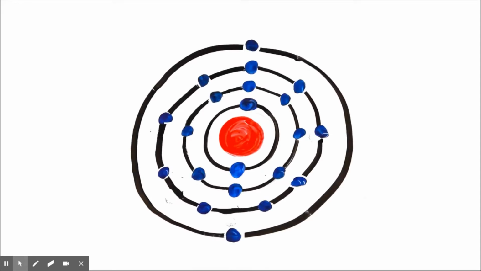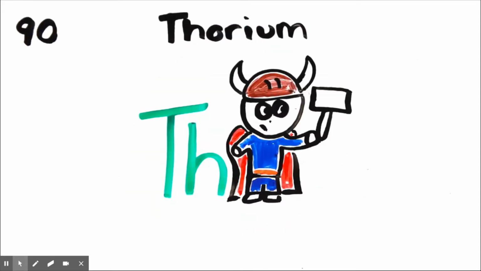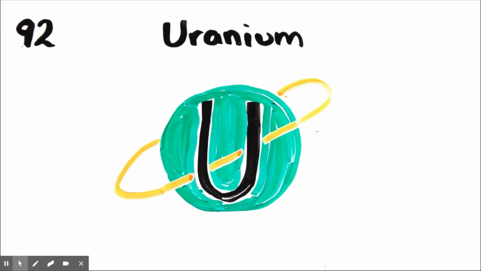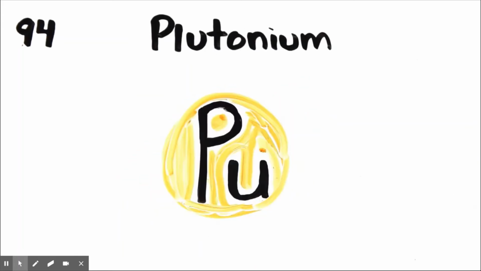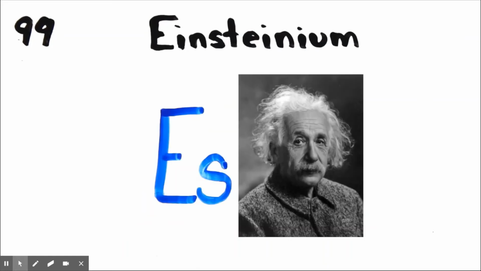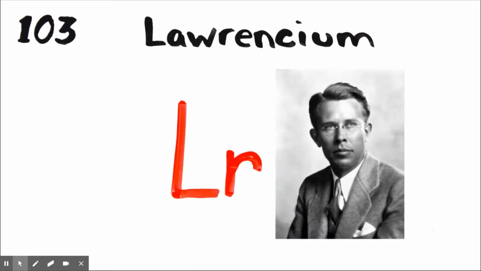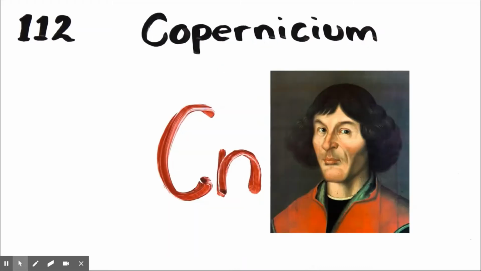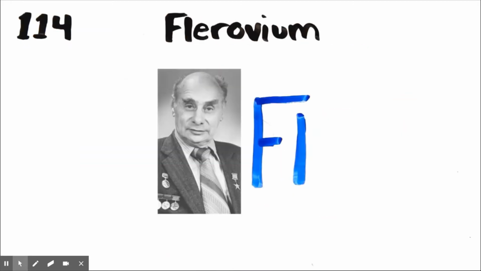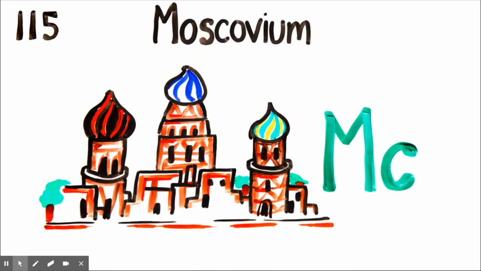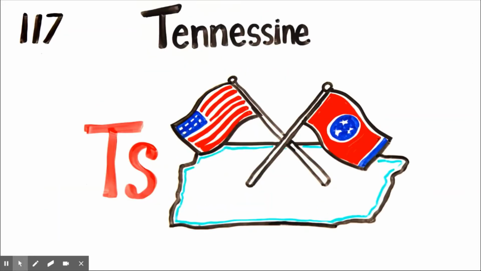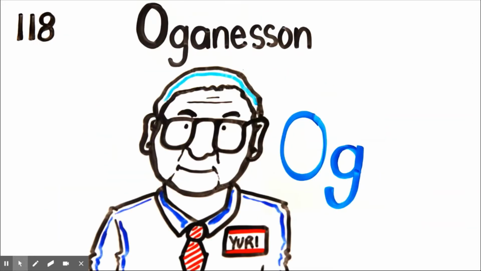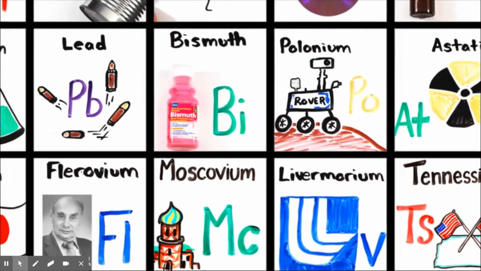Each period will see new outer shells where electrons are to the right. Actinium, thorium, protactinium, uranium, neptunium, plutonium, americium, curium, berkelium, californium, einsteinium, fermium, nobelium, lawrencium, rutherfordium, dubnium, seaborgium, bohrium, hassium, meitnerium, darmstadtium, roentgenium, copernicium, nihonium, flerovium, moscovium, livermorium, tennessine, and oganesson, and then we're